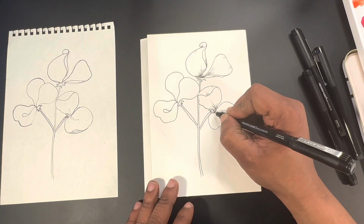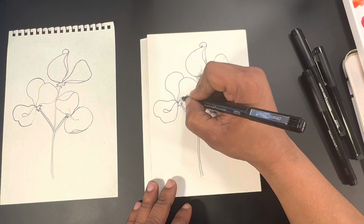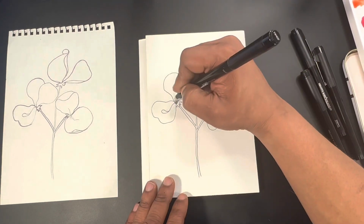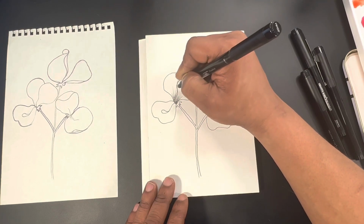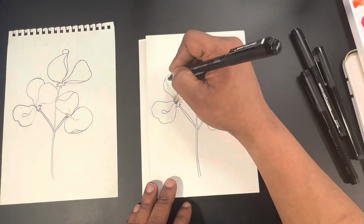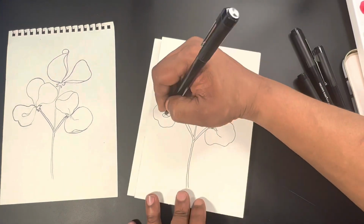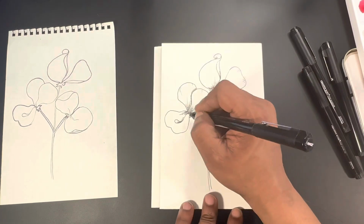Just adding some character and definition. Now, actually, I could have left it as an illustration, although this is not an illustration demo. I thought to myself after I finished, it's not too bad. It's just an illustration. Maybe I should leave it this way. But I was testing these watercolors, so I decided to press on and continue to make it an ink and